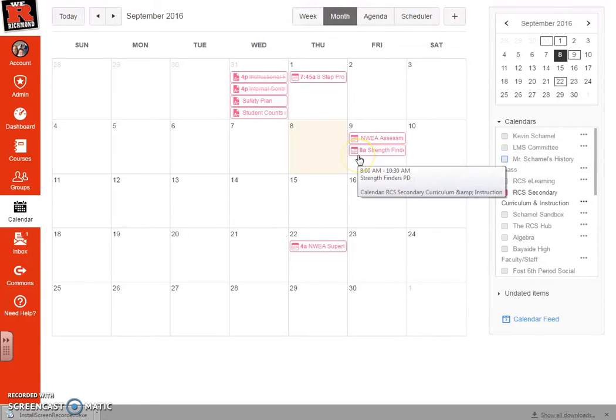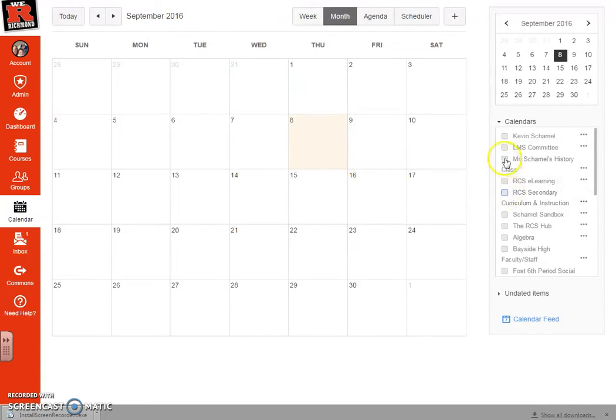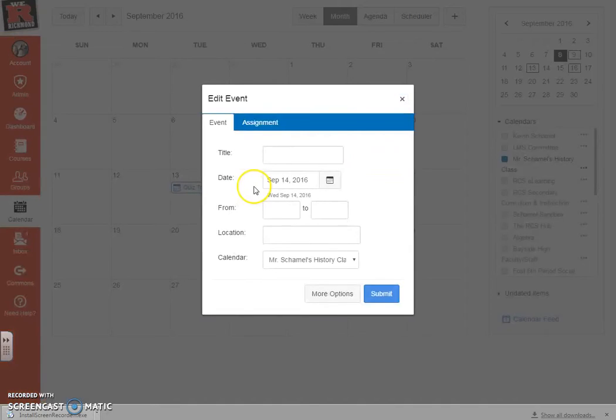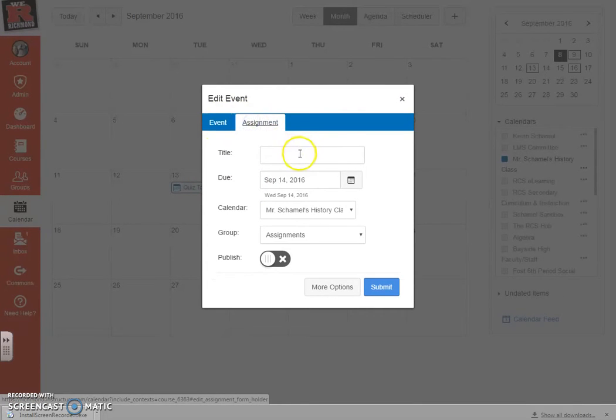So calendar, again, can be used for events, tasks, but you can also create assignments from here. So let's say, for example, I'll go back into my history class. I'm going to have an assignment on Wednesday. Just that same box comes up. This is not an event, this is an assignment. Now, this is a very basic assignment setup here. I could say projects due on the 14th,